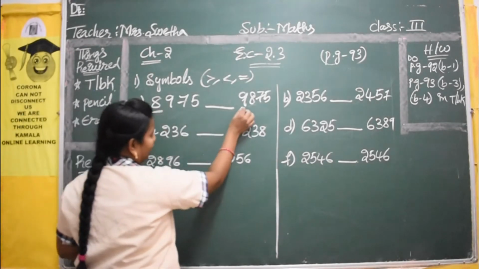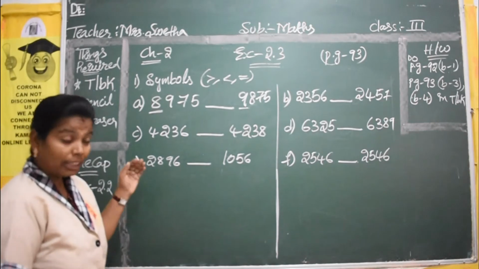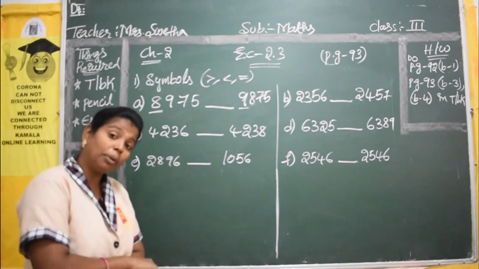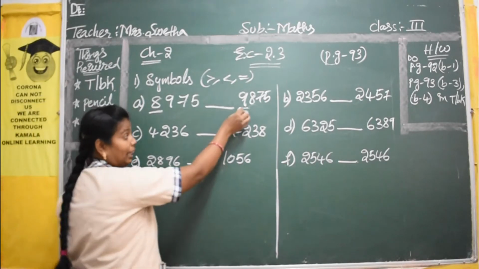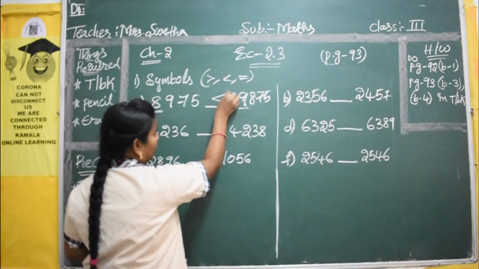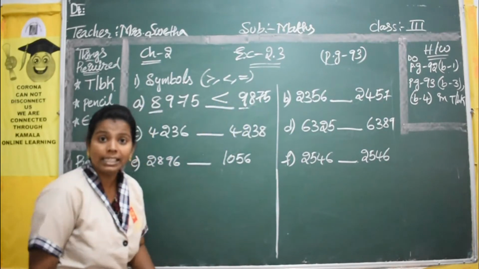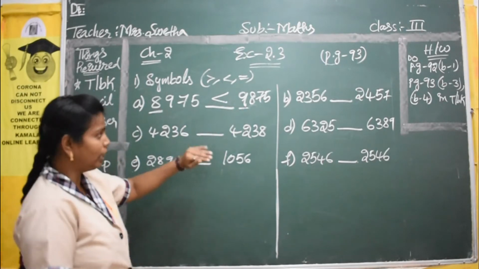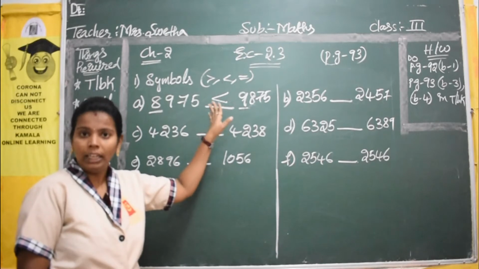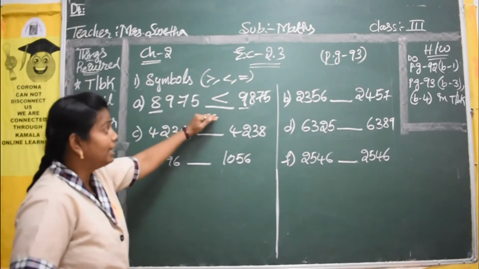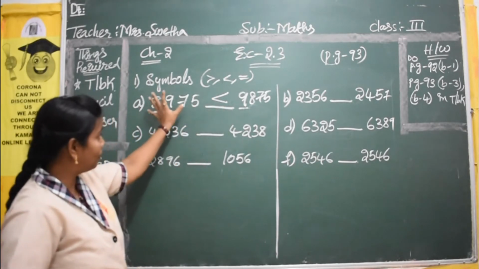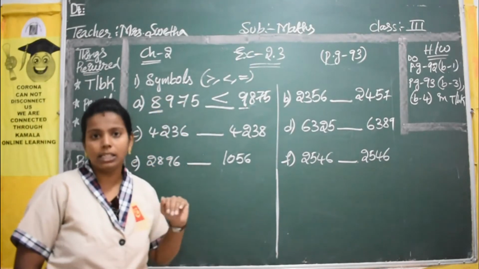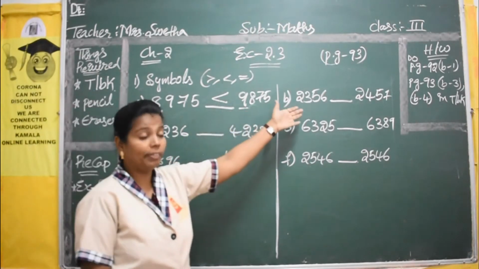It is number 8 and it is number 9. Can you guess, children, from this 8 and 9 which one will be the bigger one? Yes, 9 is the bigger one, so you write your symbol. This mouth will be open to the 9 side. So we got our answer in the first check only, so we stopped checking and wrote our answer. This is the less than symbol. Why? Because the first number is small, no? If the first number is small, we say the symbol is less than. Now we will move on to the second one.